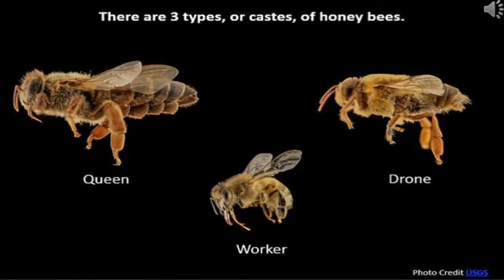There are three types of honeybees in a beehive. They are queen bee, drones, and worker bee. Drones are the fertile males. Worker bees are the sterile female. The worker bees collect the nectar from the flowers. They nourish the young ones and repair the beehive and also protect it.